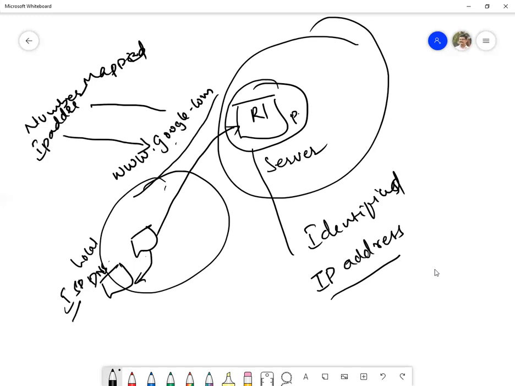Both. So DNS makes this possible, that is, mapping the name of a particular host to a number called an IP address, or an IP address to a name. This is the process, or the functionality, of DNS.